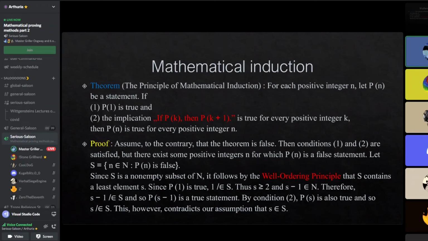And the necessary requirement for that is that we need to assume the theorem is false. So if these two conditions are satisfied, then there exists a positive integer n for which Pn is false. Is a false statement, right? The thing that will help us in this is that we need to categorize. We need to group all the elements which have this property. So every n, which is an element of natural numbers, such that in this case, you see here, n is